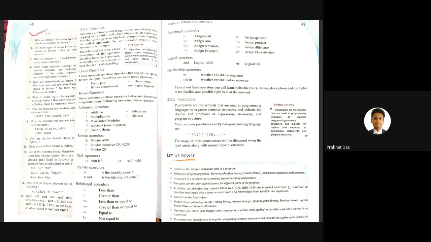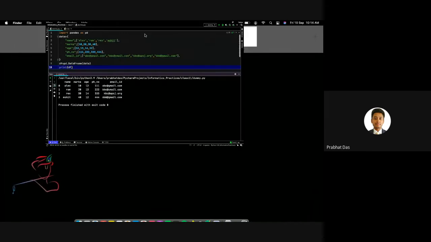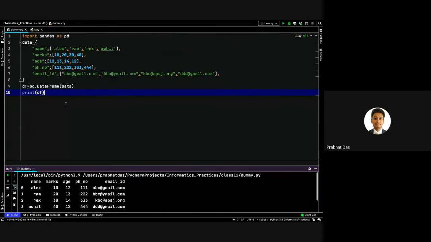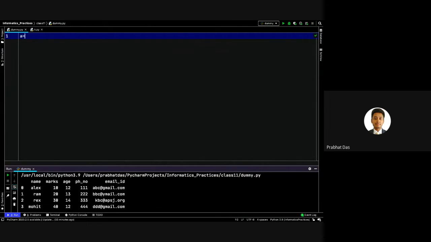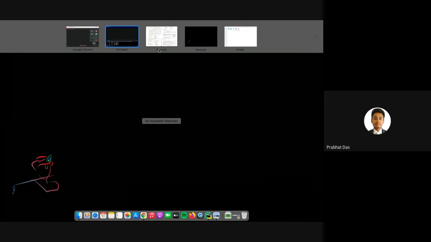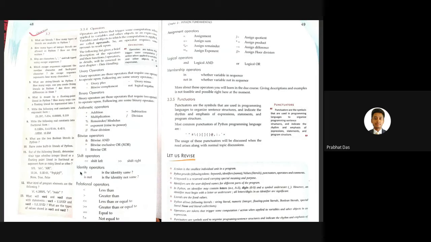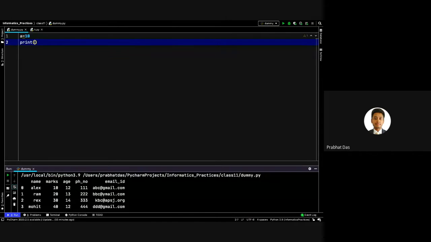We can understand this by an example. For example, I have a value equal to 10 and I need to perform shift left. Please try to understand that in shift left we generally use this symbol, which points towards the left side. So if I perform shift left by, let's say, 2, it will add two zeros at the end of the binary value of 10.